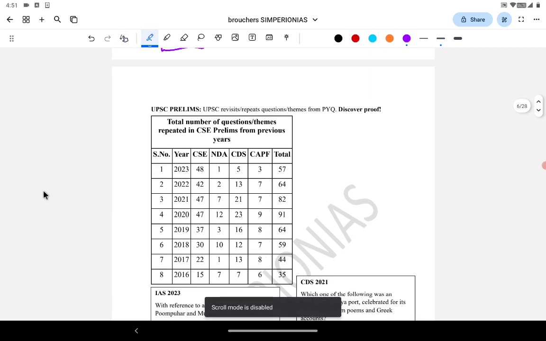Let's take the 2023 paper. In 2023, 48 questions repeated from the CSC, that is civil service prelims, 1 question from the NDA, 5 from the CDS, and 3 from CAPF. There can be overlap. The question which appeared in the CSC also appeared in the CAPF. There is a chance of overlap. But you can constantly see, even if you just consider the civil service prelims, usually it is above 40. Of course, 16, 17 are aberrations. Even there, it's above 40. But in the last 4 or 5 years, it's 100% certain from these numbers that around 40 plus questions repeat